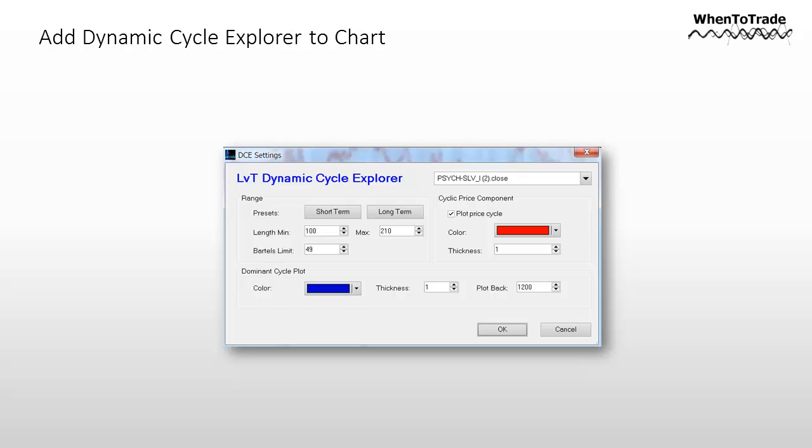So it's not about a static cycle projection. It's about a dynamic projection, whether the cycle phasing, amplitude and length information might change from bar to bar. The Dynamic Cycle Explorer is able to track the dominant cycle within a given frame. So we don't give it the concrete cycle lengths, we just set the minimum and maximum. We just use the long-term built-in standard preset to look for cycles.